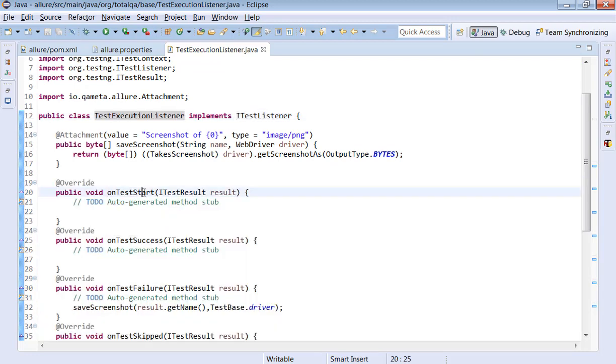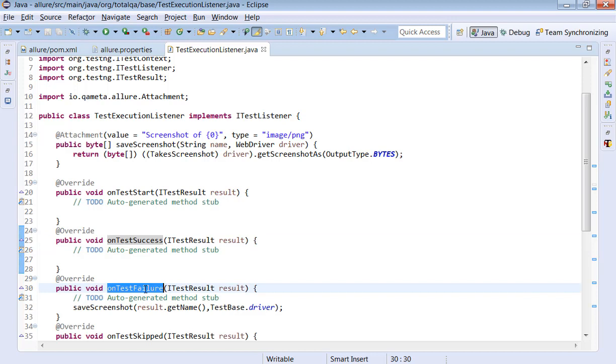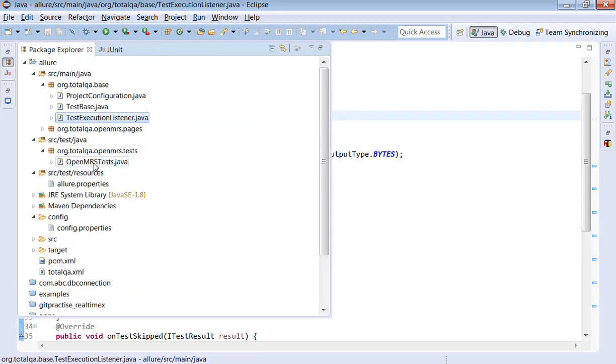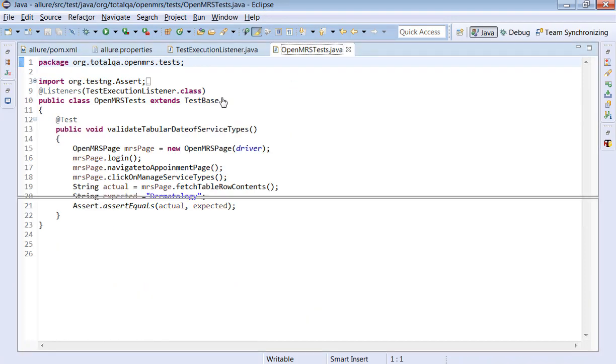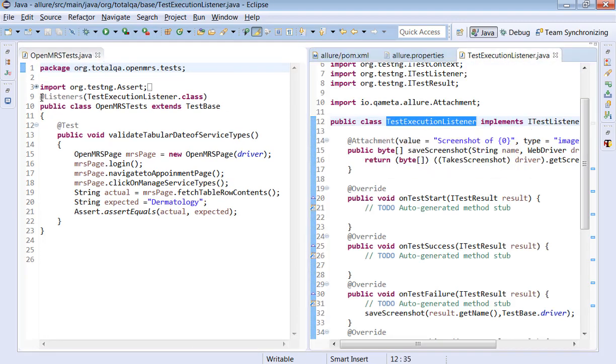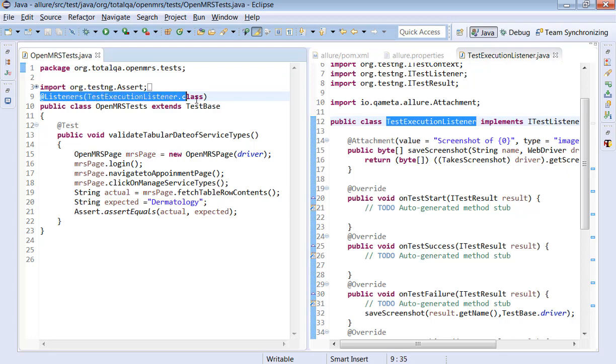Also, when will these methods be executed in our TestNG test case? If there is any test case which is getting passed, this will be executed. In our TestNG test case, if any test case gets failed, this will be invoked. How will this be invoked? We have to take this class name and go to the TestNG test cases, and we have to maintain this information. We have to integrate this class and mention it in the TestNG test class as @Listeners, and we have to put this class name here.